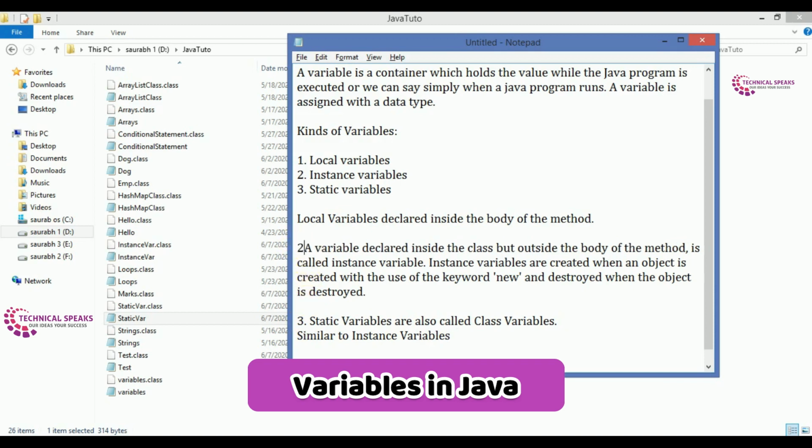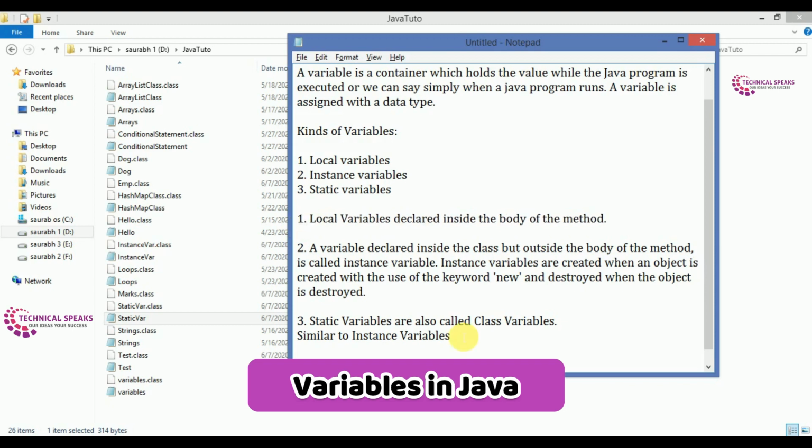Here is instance variable and this one is local variable. Now it is declared with the static keyword in a class but outside a method, constructor or a block.